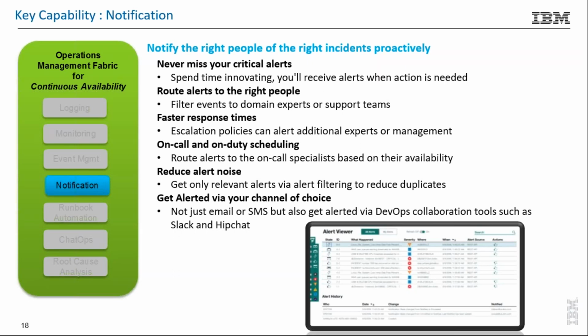It's about routing those alerts so you get them to the right people. Not everybody knows that part of the code, so you want to get it to the right person. You want to manage escalations on it. You want to reduce any kind of alert noise, and you want to get it in different ways. Some people like it on a Slack channel. Some people like it somewhere else. Some people like it in an email. Some people like it on their phone. So there are many different ways you want to do this,